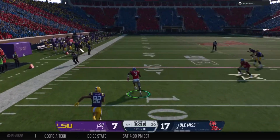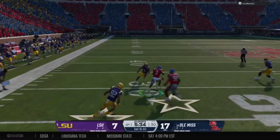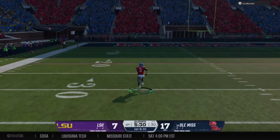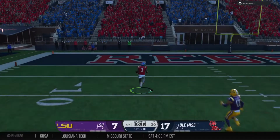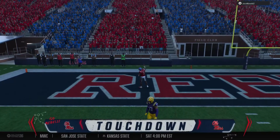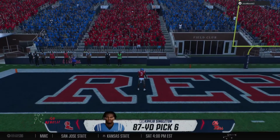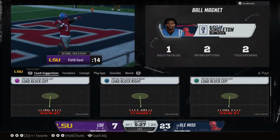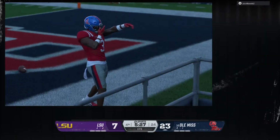And he throws yet another interception. Does he know which color jerseys they're wearing? Bringing it back. The 20. And he will roll into the end zone. Touchdown, Rebels! That one ought to give them firm control of this game, and they have gotten things going here, about to move to